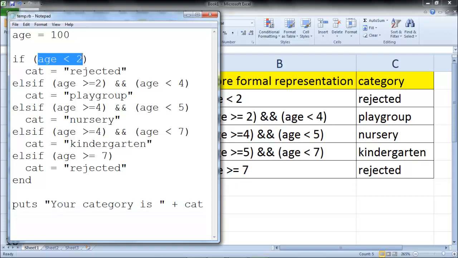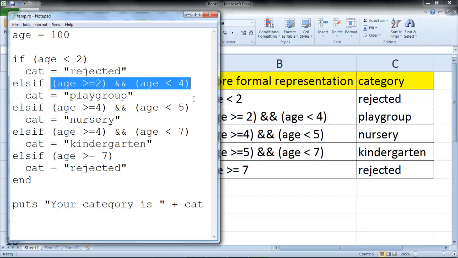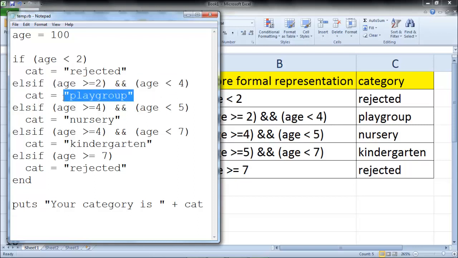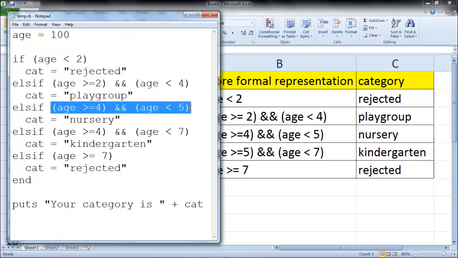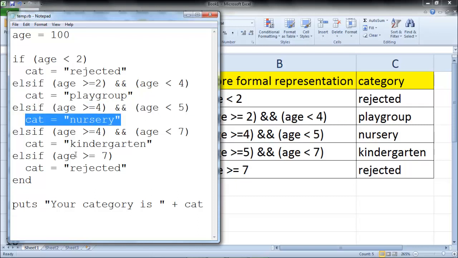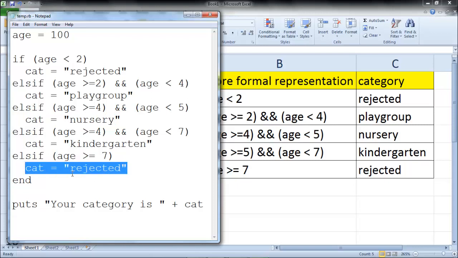If h is smaller than 2, the category will be stored with the value rejected. Else, if h is bigger or equivalent to 2 and smaller than 4, you'll be in a play group. If it's from 4 to 5, excluding 5, including 4, you'll be in nursery, and so on. If h is bigger or equivalent to 7, you'll be placed into the rejected category. Okay, let's save this